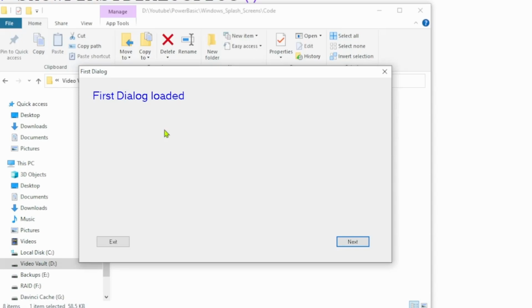However, if there's a delay of more than 5 seconds, the user would start to question, has the application loaded? Has the application crashed? Does my computer need to be rebooted? So to save these concerns from our users, we use splash screens, or some kind of indication that the application is indeed loading. This could be at the beginning of the application, as we are looking at here, or it could be during some process within the application itself.